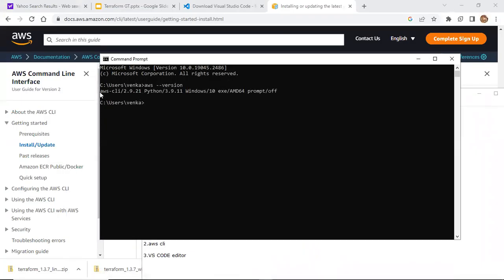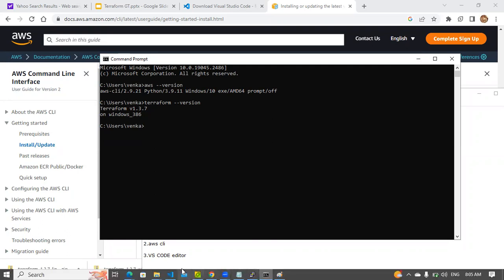I have both Terraform and AWS CLI installed on my PC. Terraform --version. I have both of these things, AWS CLI and Terraform.